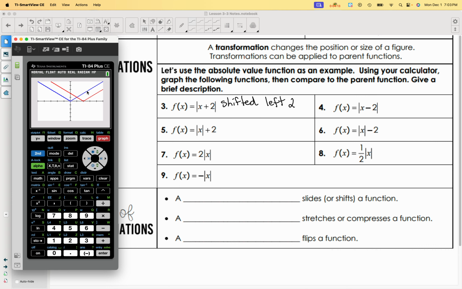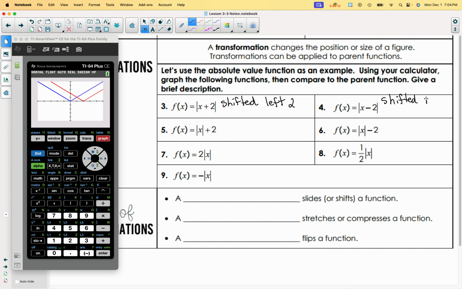So now the blue is my original parent graph, and notice that this looks like it got shifted to the right 2. So, shifted right 2. So next we're going to do the absolute value of x plus 2, and notice the plus 2 is